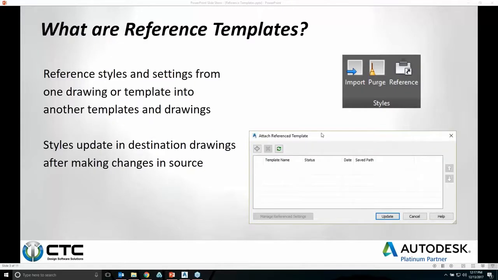So today we're going to look at how reference templates can help alleviate some of those headaches or pain points. So what are reference templates? You might have seen the button, right? It's the new button in 2018. It's right in there with the import and the purge styles from the Manage tab. A reference template is kind of like some type of mix between an XREF and maybe a data reference, but it's for template settings,